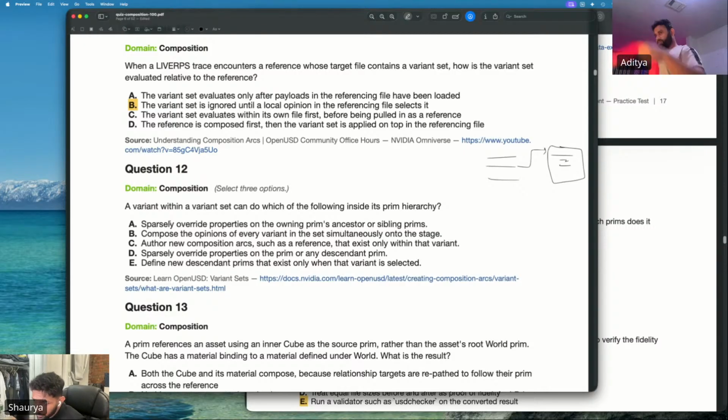A variant within a variant set can do which of the following inside its frame hierarchy? Partially override properties on the owning prim ancestor. Different, wait, ancestor, wait, sibling prims. No, wait, bro, wait. Compose the opinions of every variant in the set simultaneously. No, it's a new composition of the reference that exists only within that variant. Yes, C. Partially override properties